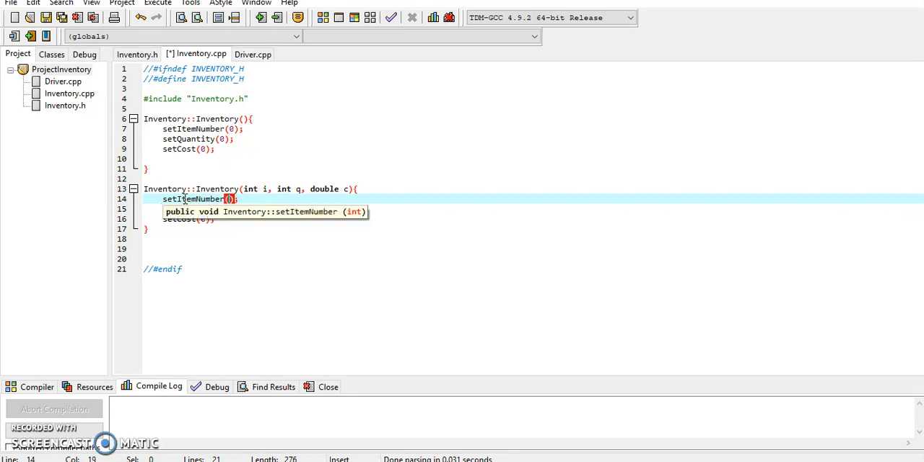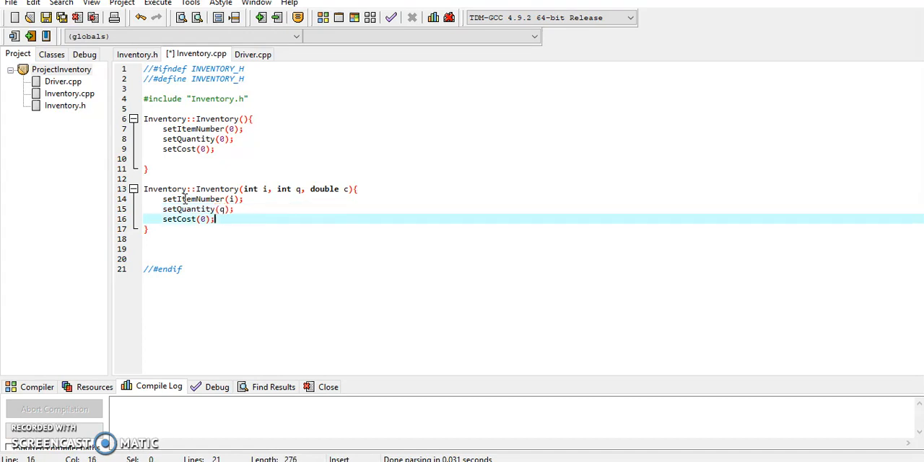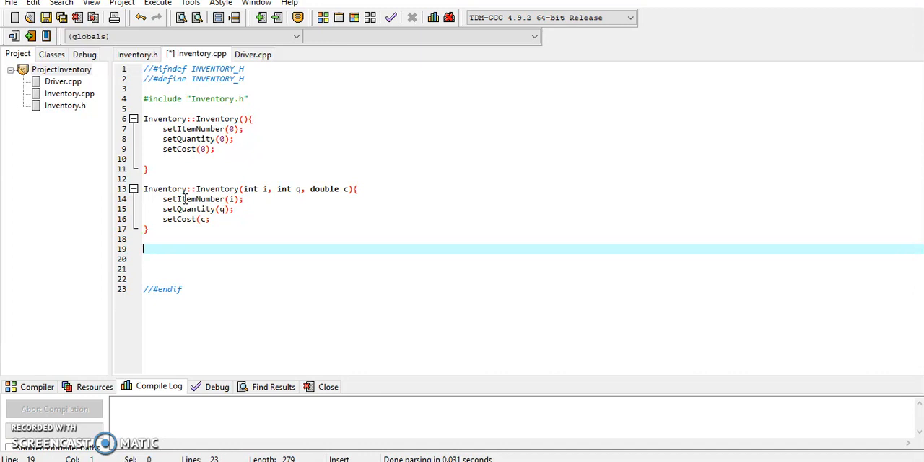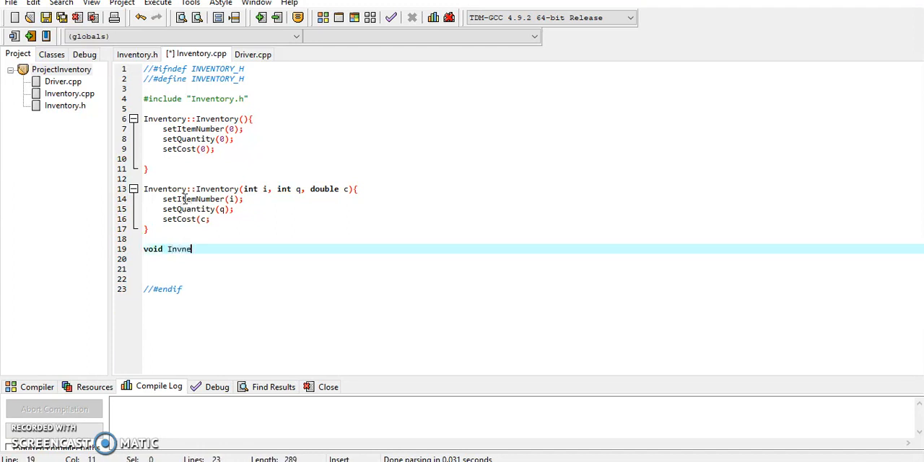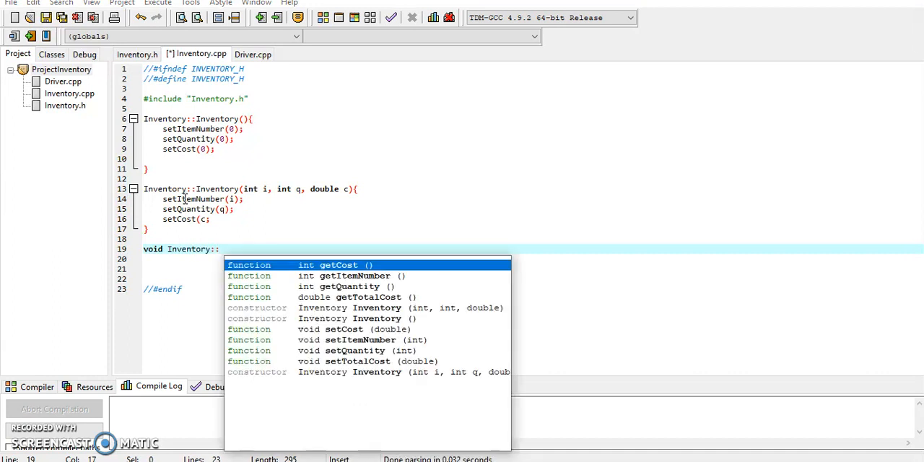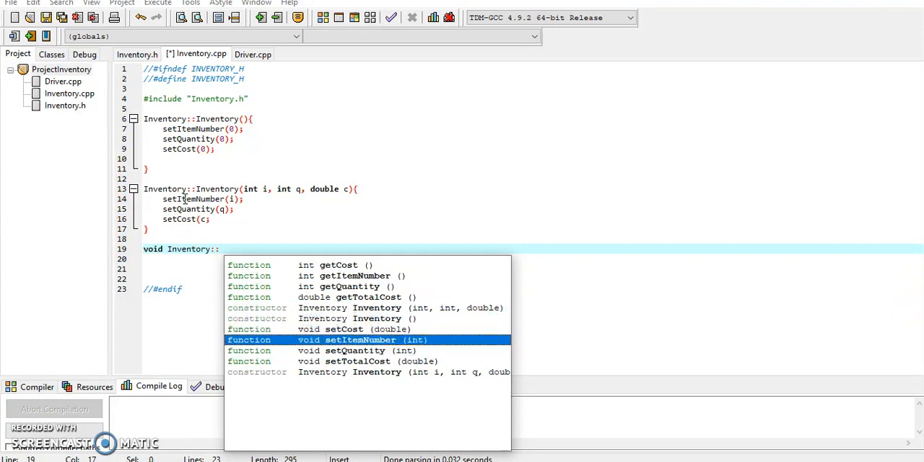So we just change that to I and this to Q and this to C, and that should do it. Now we'll move on to the rest of our functions. Well, that should be inventory, and for the inventory, the first thing that we're going to do is to set our item name,